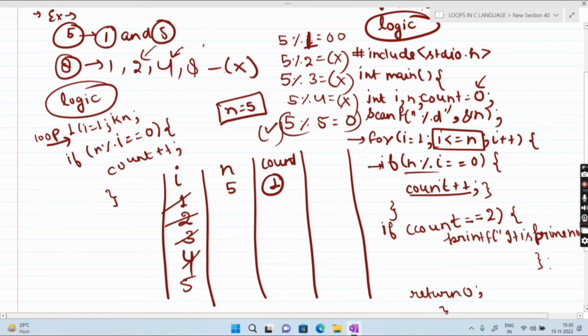Then what we have to do, make counter variable value 1 to 2. Okay, we have to increase counter variable value by 1. Now the counter variable value equal to 2. Again we make value of I to 6. Then we again check condition. Is 6 less than or equal to 5? No, condition is not true.